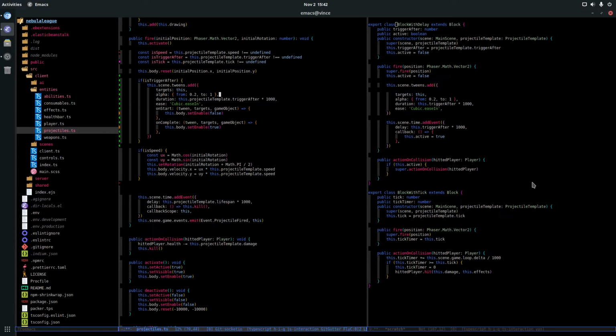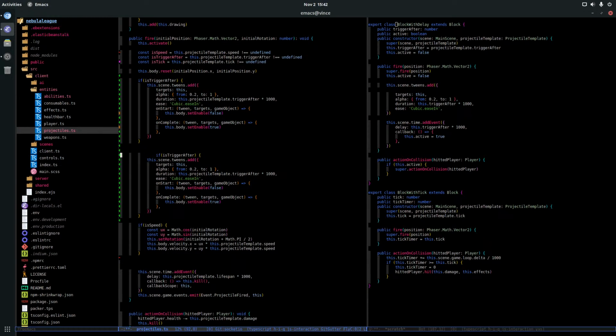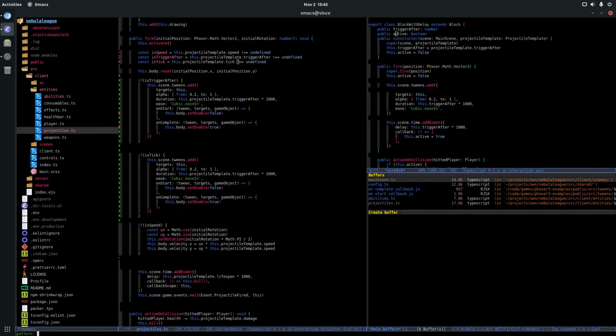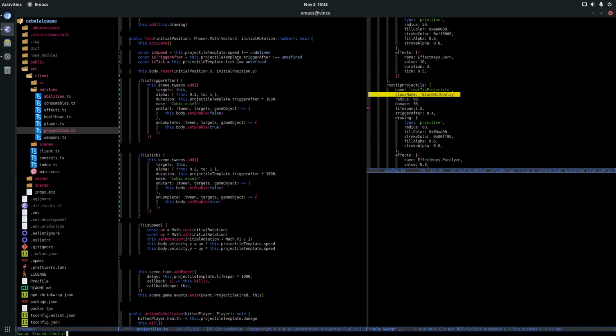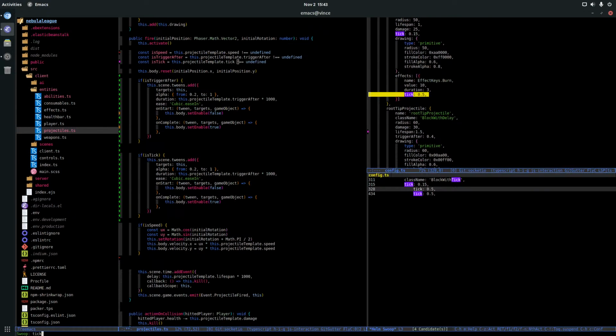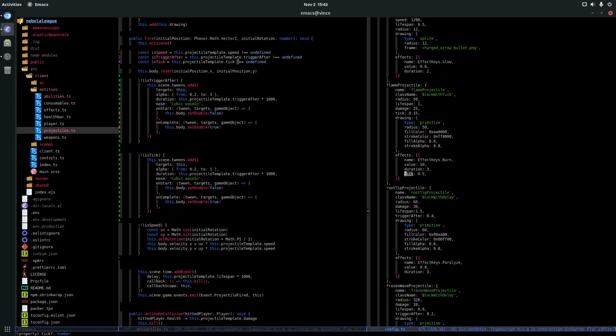Okay, maybe I'm going to refactor it later. What happens if I have a tick? So tick is like it's doing damage, doing an effect every 0.5 seconds.